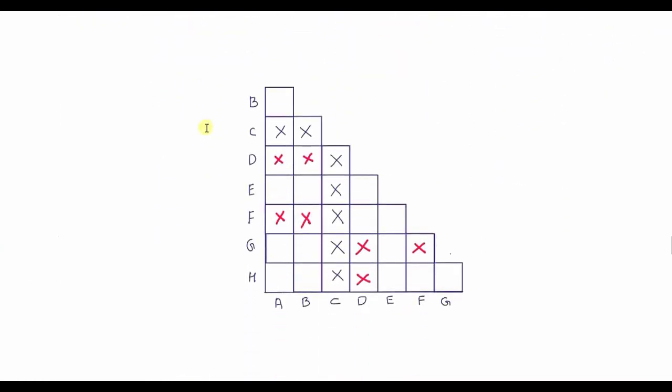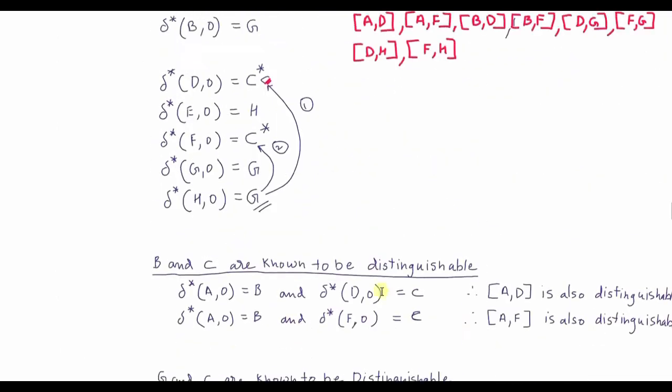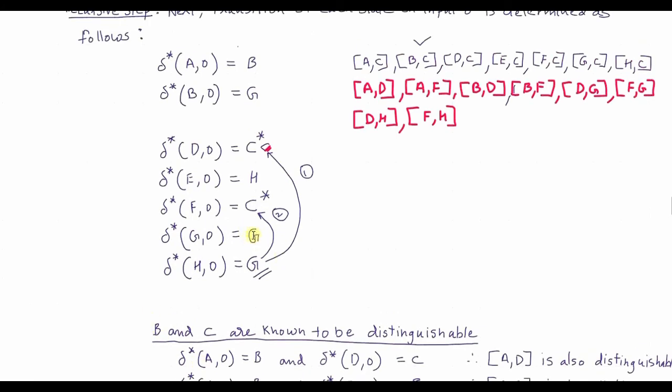So F comma H is not possible. See whether H comma F is possible. Now H comma F happens to be this cell here. So F comma H is this cell. So mark it. Okay. So we have considered all combinations of G's and C's. There were 3 G's and there were 2 C's.